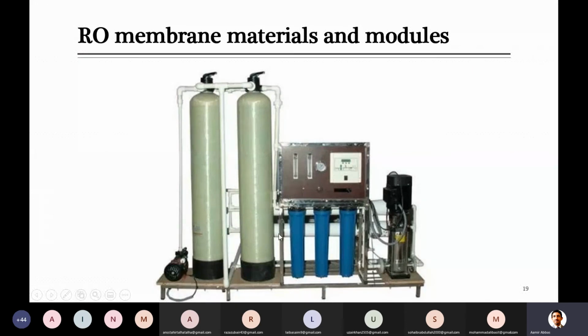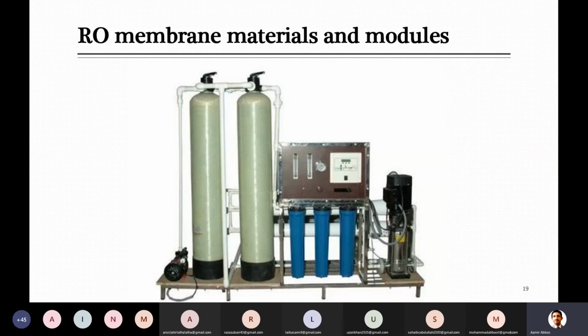And the reason is this, we have discussed in the last few slides: in order to reduce the load on the membrane, as well as to save the membrane and increase its life, you remove some impurities which can damage the membrane. If we bring everything to the reverse osmosis membrane, definitely it will remove it, but there will be a lot of deposition on its surface, and you have to clean it again and again. You have to shut down the plant and so on.